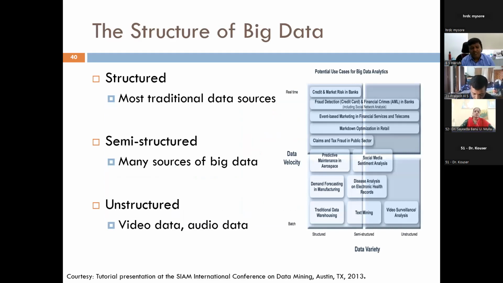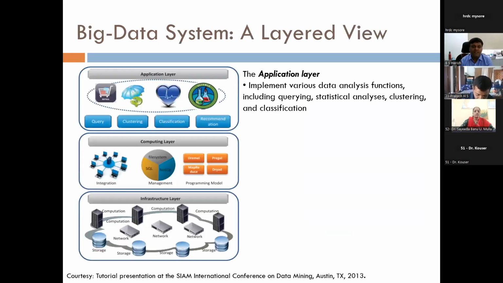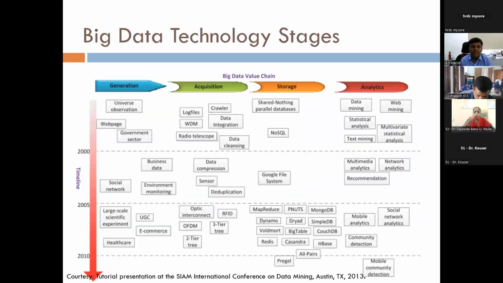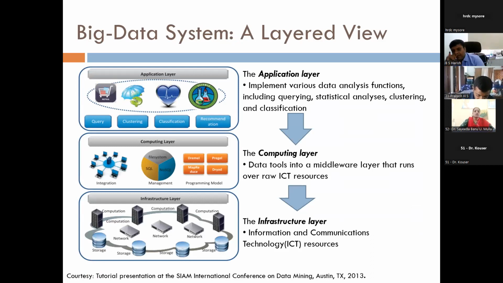I've already discussed this in explaining what structured data and unstructured data are. There is another type of data, also called semi-structured data, which is neither structured nor unstructured, and it is placed between the structured and the unstructured data. So this is basically a layered architecture. Why? What is the advantage of layered architecture?